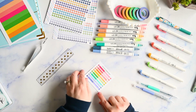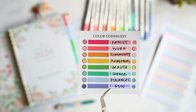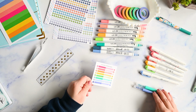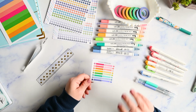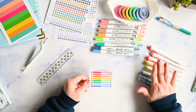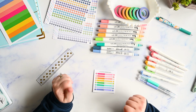So that is my color coding key for my PowerSheets. All of these are things that I already owned and I use all the time. So even though I couldn't get everything in one single pack, these are items that I definitely use, not just for PowerSheets. That's why it was important to me to not have all different pens and to have as many pens as possible to match in a single set. That's what I went for, and this was the most economical way to get all of the colors to work